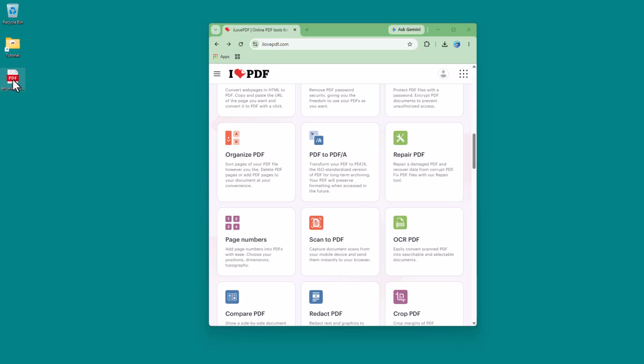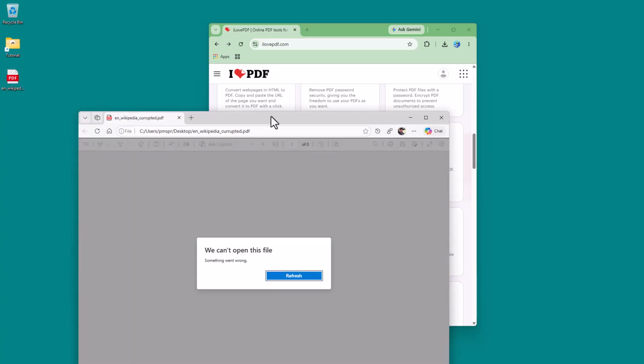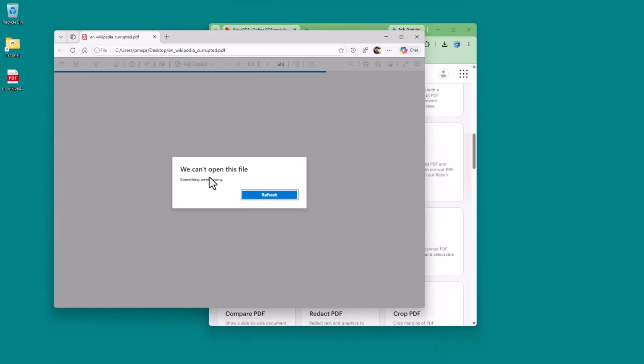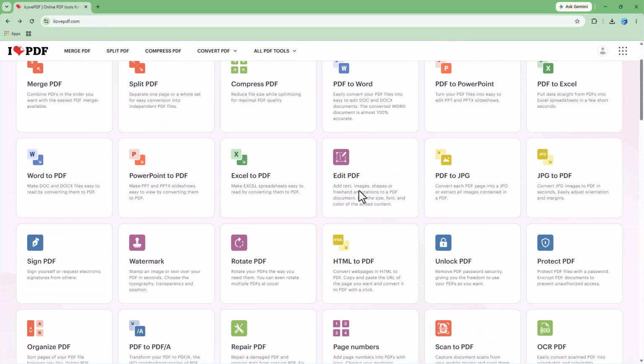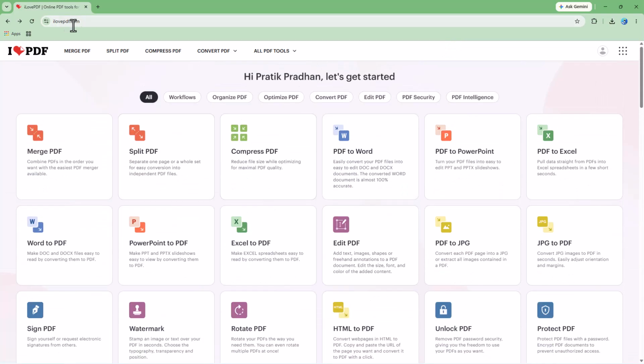So over here you can see that I have this PDF file right here, and if I were to open it up, it says we can't open the file because it is corrupted. So if you want to go ahead and try to repair it, you can actually utilize this tool called ILovePDF.com